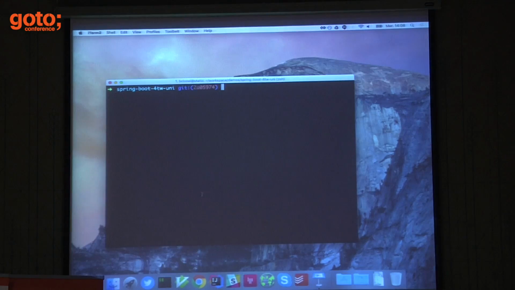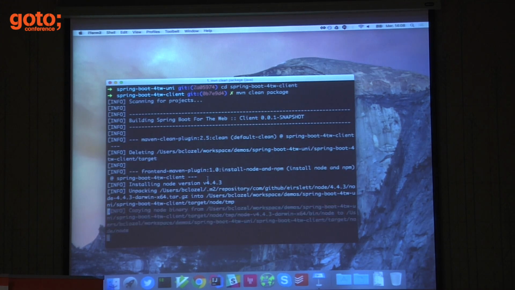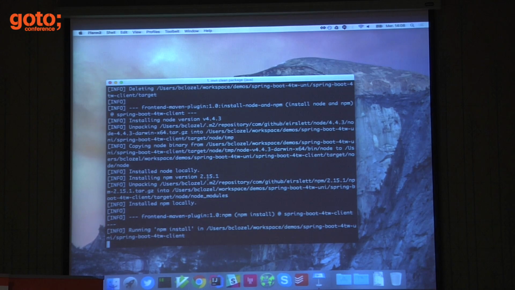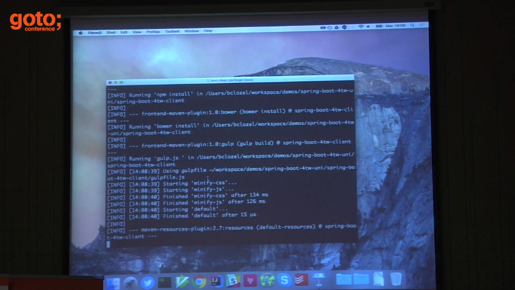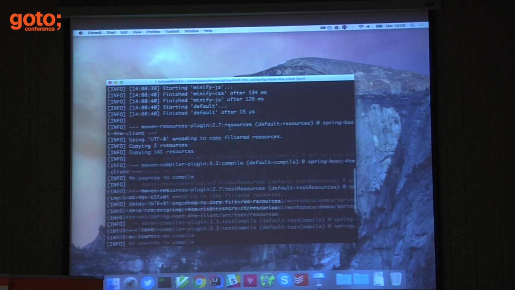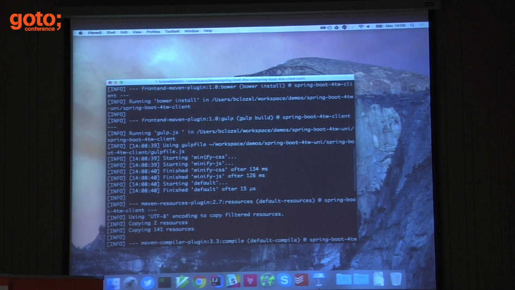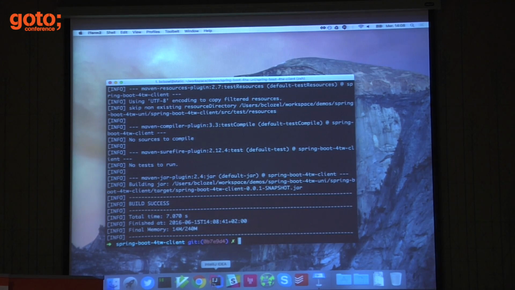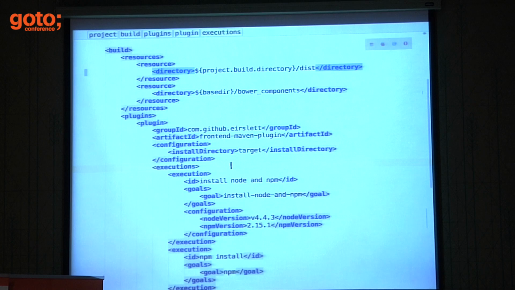So let's take a look at this. If I go into our client, let's package our application. Whenever we do that, we can see that it's launching node, npm, the whole thing, and gulp. Then there's our gulp build. It's been minifying our JS and JavaScript files, etc. So meaning if we go back to our application,